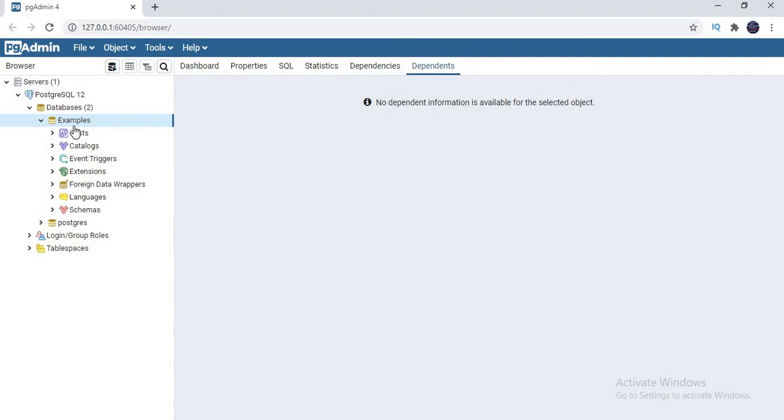Now I want to create a couple of tables also. How to create a table then? Obviously each and every table will have a schema. It might be a default schema or it is a named schema. We'll talk about schemas slowly. Okay, how to create a table? So where do I need to write a command?